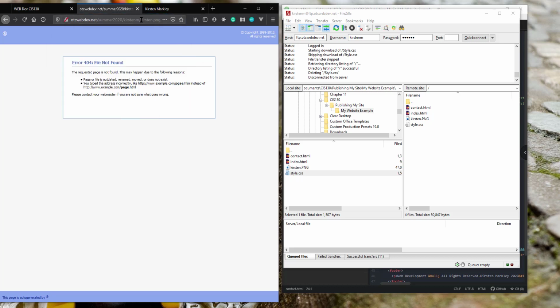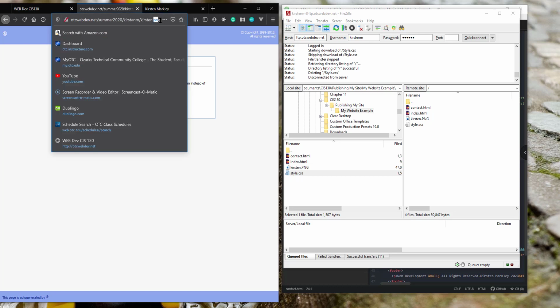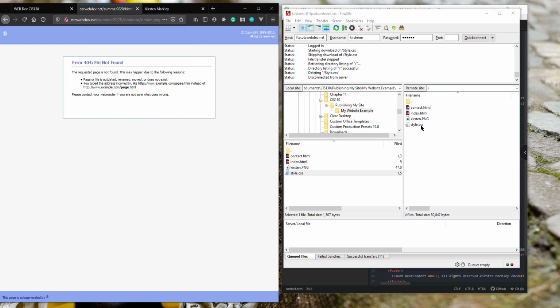So let me see if I have a file called Kirsten PNG in my remote server. Remember, this is on the remote computer, the live computer, not on my local computer. So on my live computer, I do, but I don't, right? Again, there's a casing problem. So my image isn't showing up because my HTML is looking for a lowercase PNG, but I have a capital